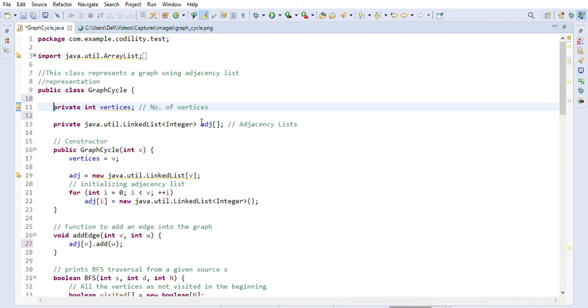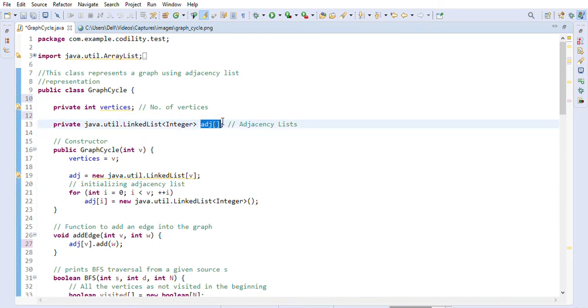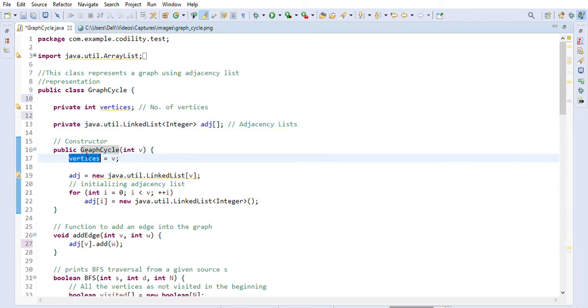See, this is basically an array of linked lists, because every node can have multiple adjacent elements. So we are creating linked lists of integers here. In the constructor, we are just assigning v to the vertices, in our case 6 vertices.